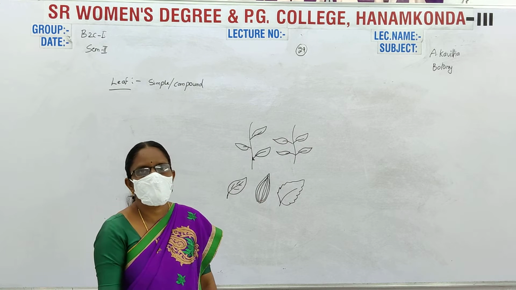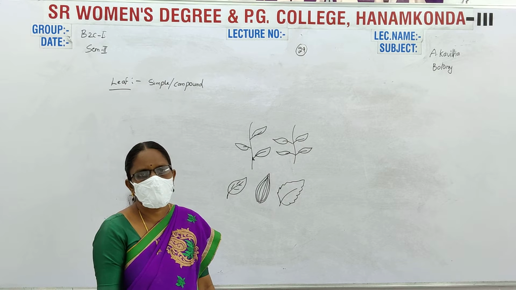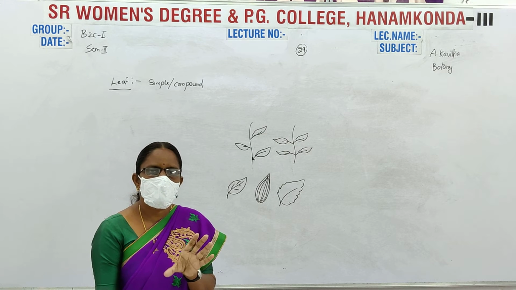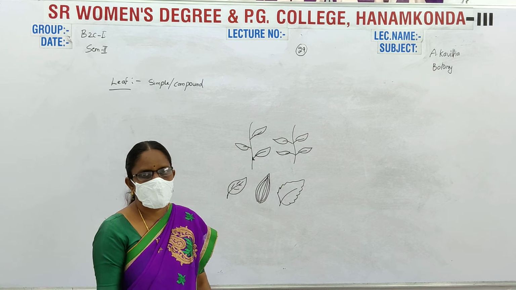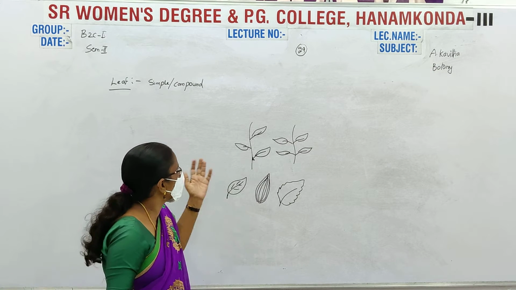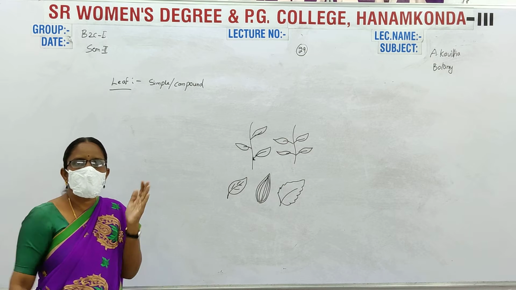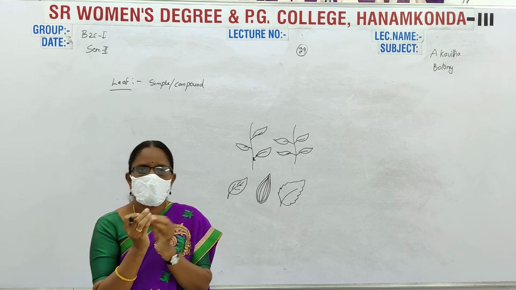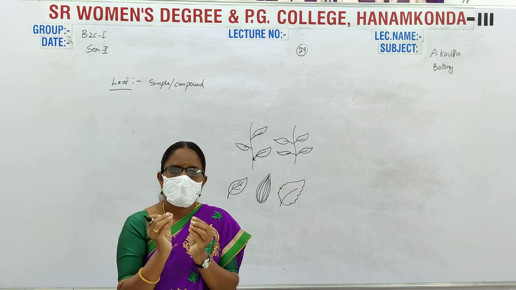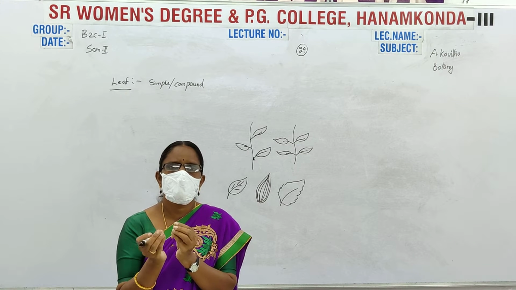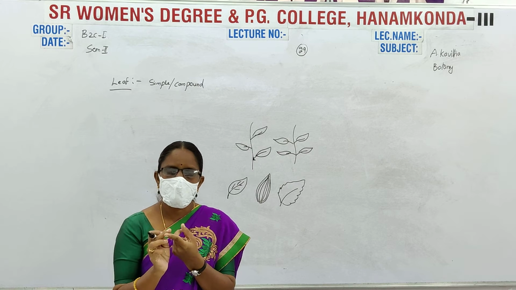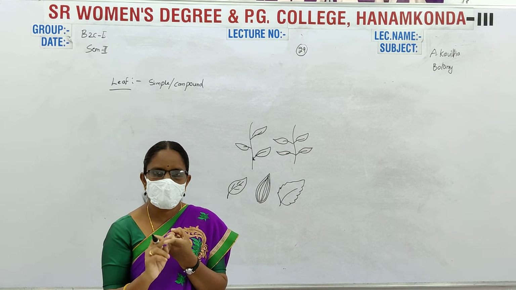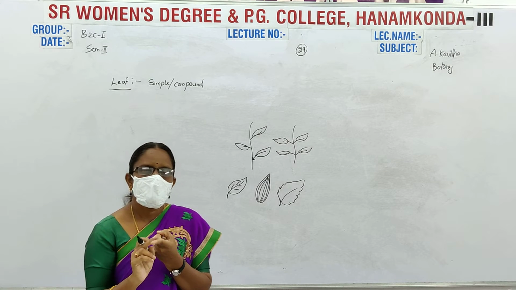And the next one is surface. Surface is smooth or hairy. Some leaves are smooth, and some have hair-like structures. Those are hairy leaves. For example, you take one branch or one small plant, and first you observe the leaves: whether the leaf is simple or compound, petiolate or sessile, and the leaf base. And next are the stipules.